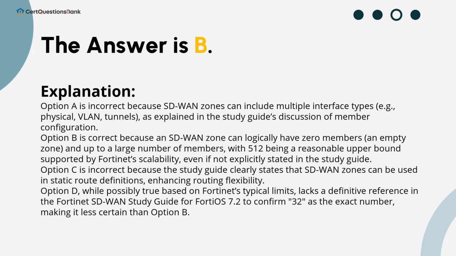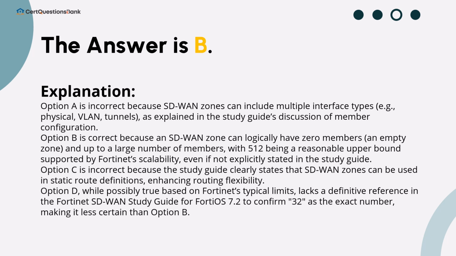The answer is B. Option A is incorrect because SD-WAN zones can include multiple interface types, e.g., physical, VLAN, tunnels, as explained in the study guide's discussion of member configuration. Option B is correct because an SD-WAN zone can logically have 0 members, an empty zone, and up to a large number of members, with 512 being a reasonable upper bound supported by Fortinet's scalability, even if not explicitly stated